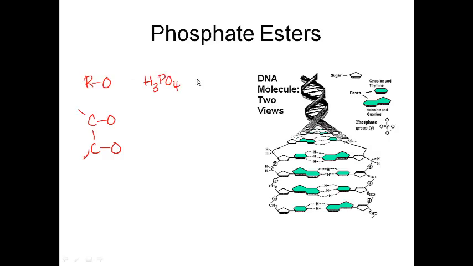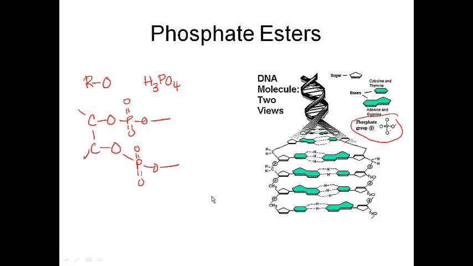If you remove two of the hydrogens from phosphoric acid, you can make the phosphate ion. And so you could very easily form phosphate esters,